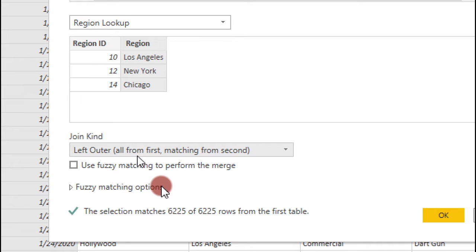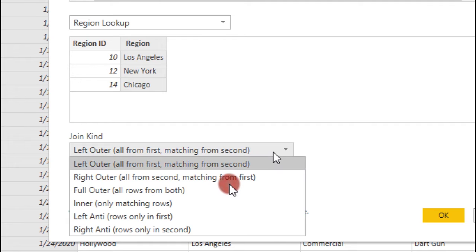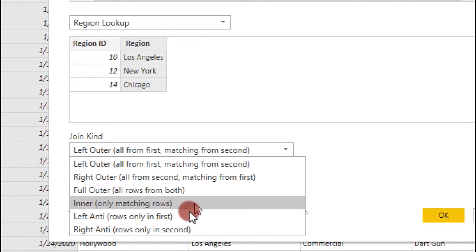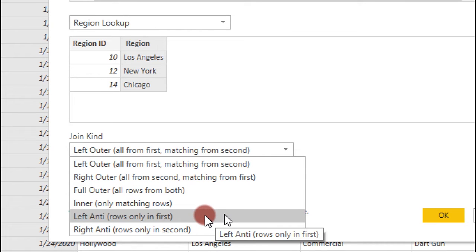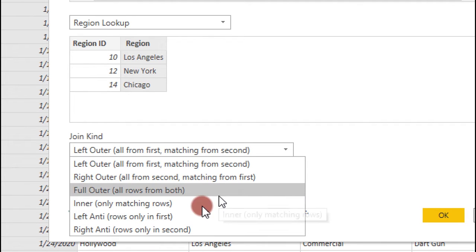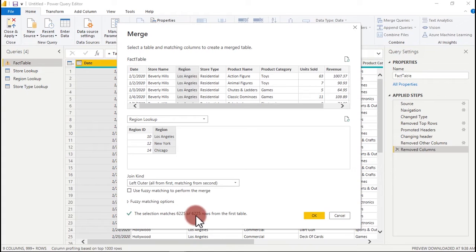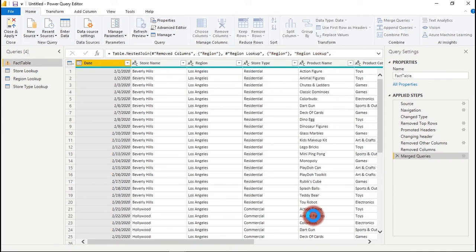If you are very familiar with SQL, you would have known what I'm talking about right here. Do not change this. It's actually gonna be using left outer join. This is what is cool for this. I'm not gonna go through all this. If you want to know much about this, you might actually check my SQL tutorial where I will teach all this, right? Then you understand and apply it right here if need be. So right now, once we are done and we have it matched 100%, we can click on OK right here,